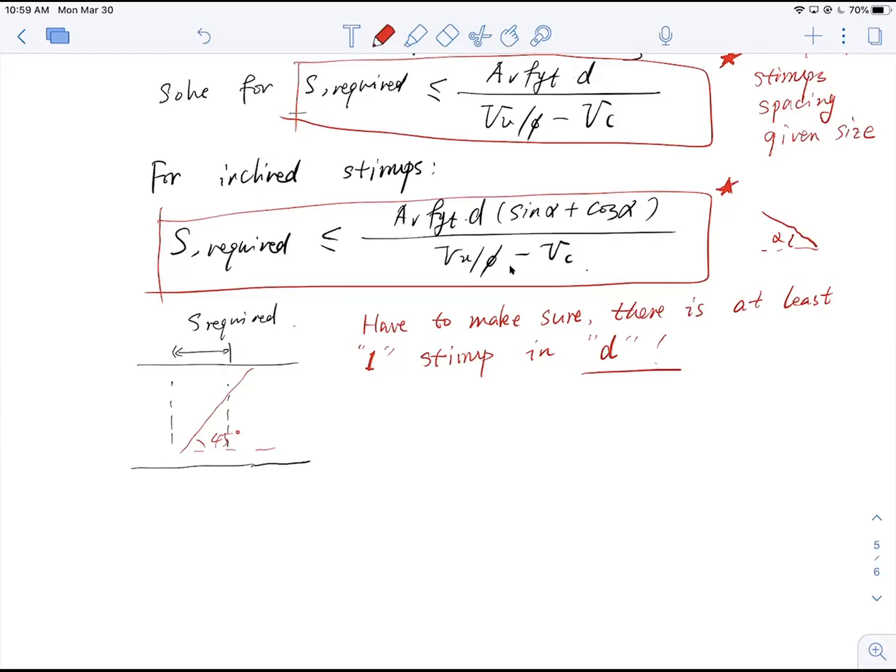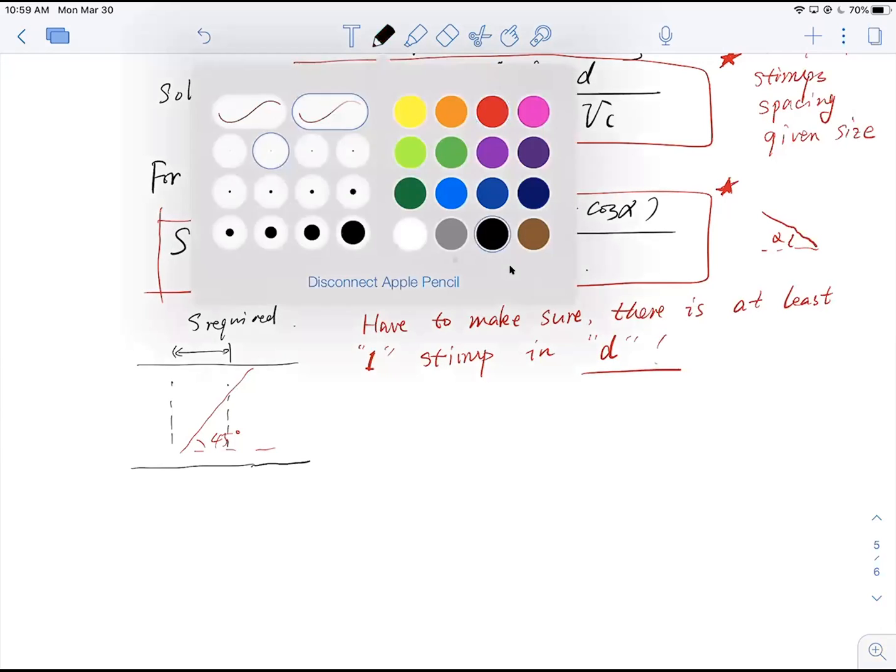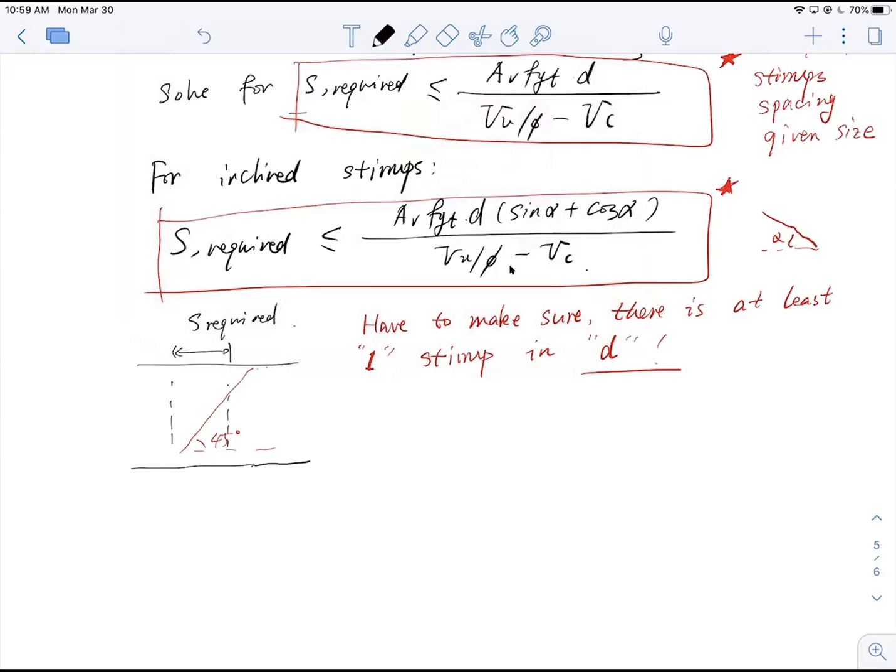If I at least have one stirrup, that means this is the required spacing, and this is d. And this one here is the one stirrup in the middle of d. That means 2S required